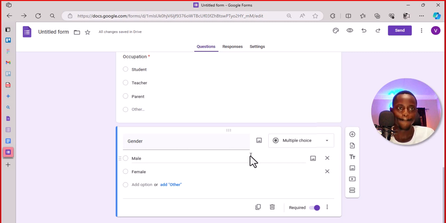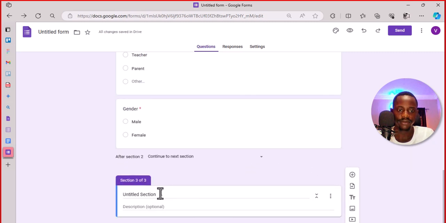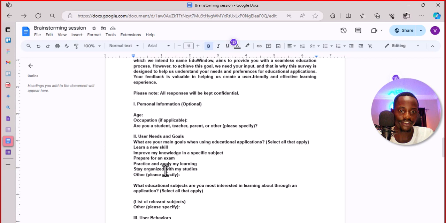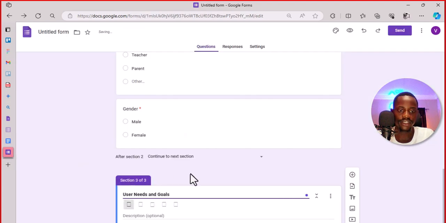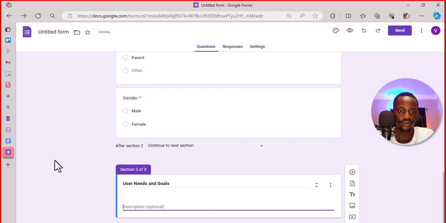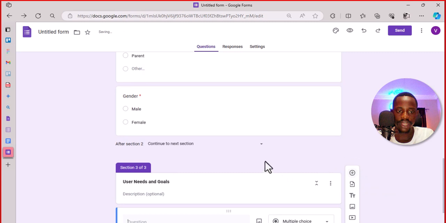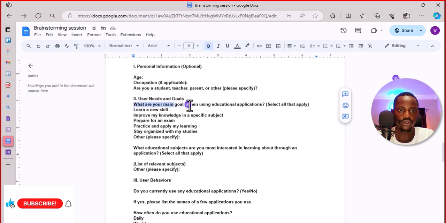Alright, so after that you can create another section. No, don't need their name. They won't give you their name, sef, except those that would probably trust you. So next is user need and goal. The next thing you want to do is to add the question to that section, and then you want to add what are your main goals when using educational